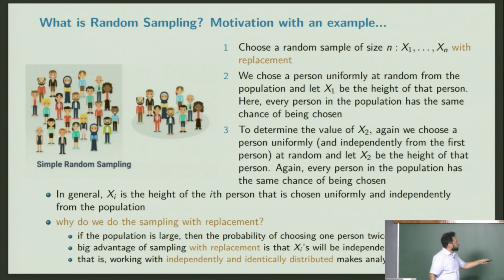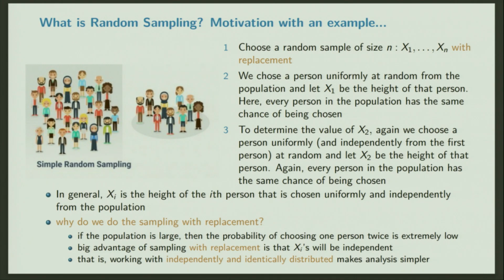I choose a random sample of size n, x1 to xn, with replacement. What does that mean? In a population, population is like everything, and from the population you pick a sample. If you want to see it in terms of generative models, you have a collection of cat images, and your training data is some sample of these cat images. Based on just those samples, you will learn how the pixels distribute themselves when it's a cat image.